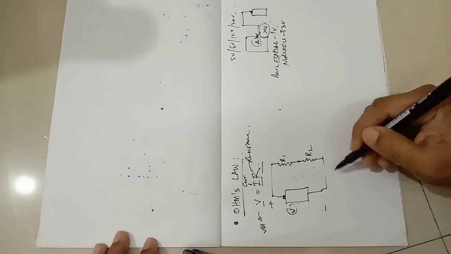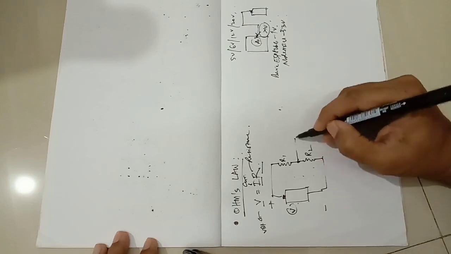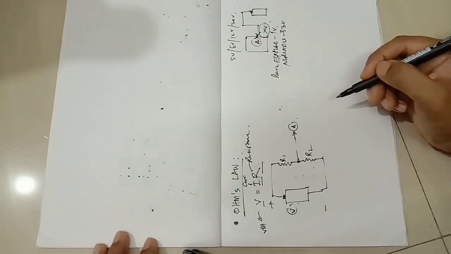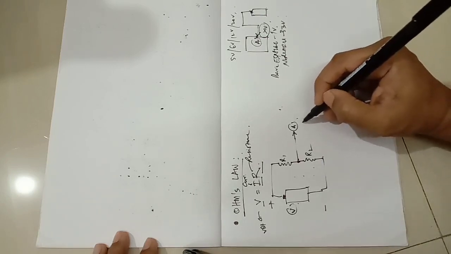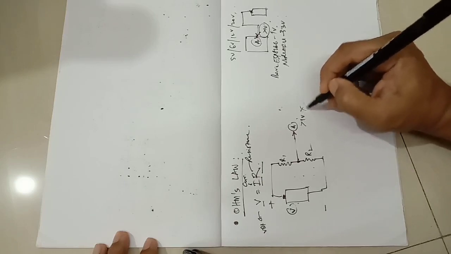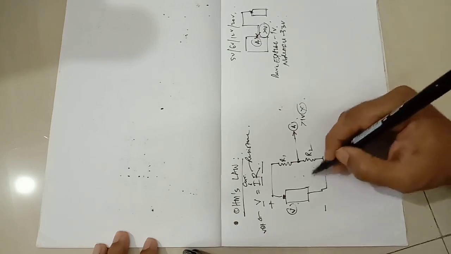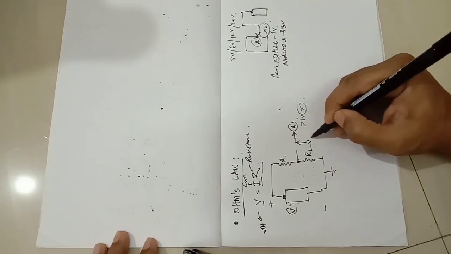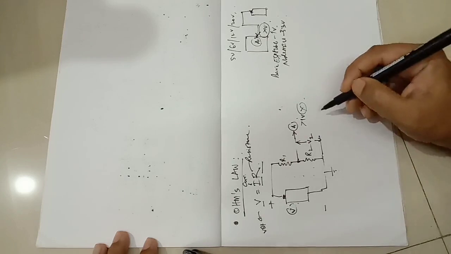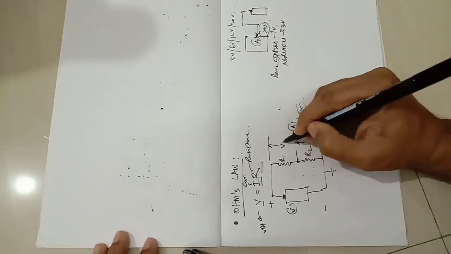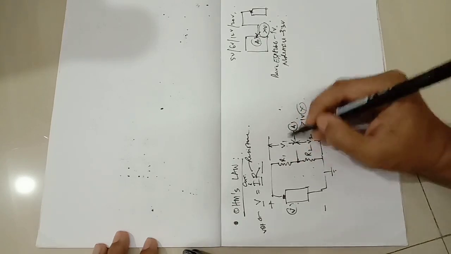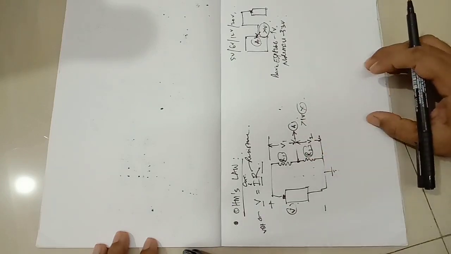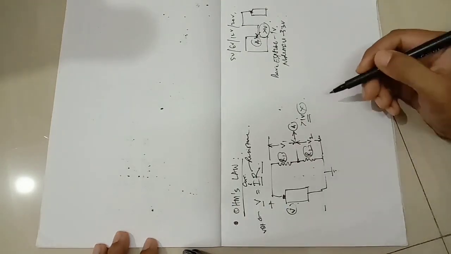And in between there is a point. This point actually goes to the analog pin of the microcontroller. But the microcontroller cannot tolerate more than 1 volt. So we need to make sure that this voltage, this is practically grounded or common, so we need to take care that this voltage V2 is not more than 1 volt. And this voltage is V1. So our task is to calculate proper values of R1 and R2 so that this voltage doesn't exceed 1 volt.